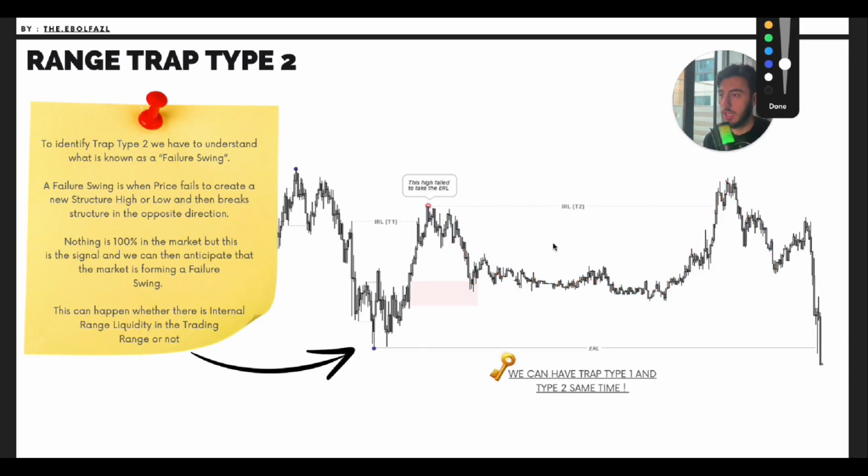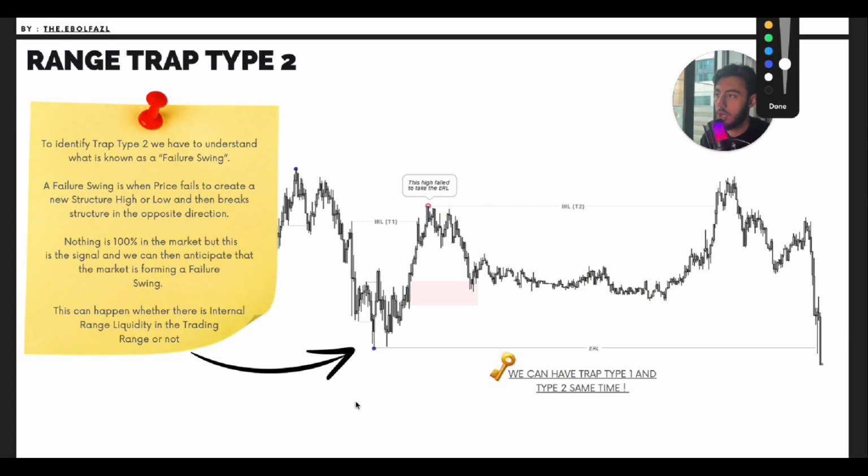Now I'm going to talk about the logic behind this. But you should understand we can have a T1 and a T2 at the same time. This is so important: T1 and T2 at the same time. So you have a T1 here and a T2 at the same time. And as I told you, if we have a bunch of internal liquidity here, we don't know which one of these is going to be taken out. So it's better to follow the formula that I'm going to teach you. The formula, to be honest, is so easy. Let me just tell you right now.